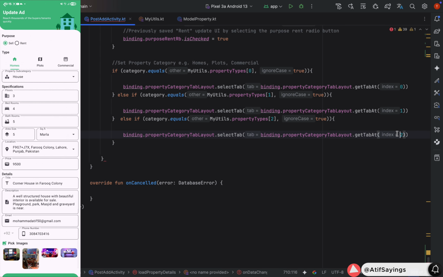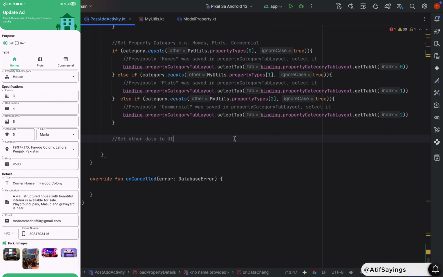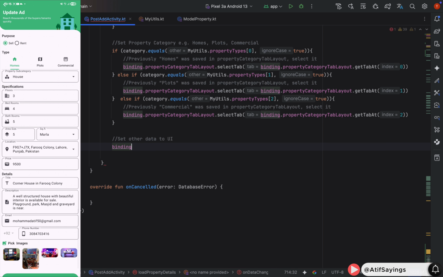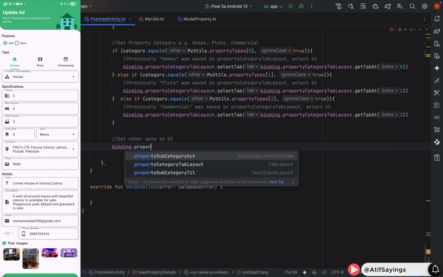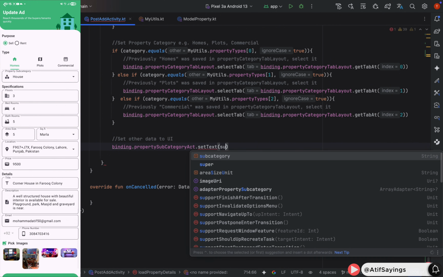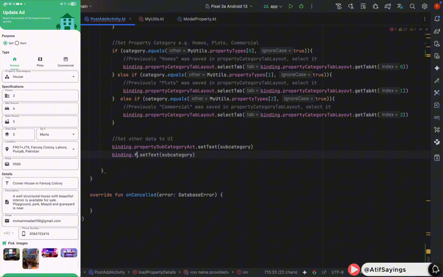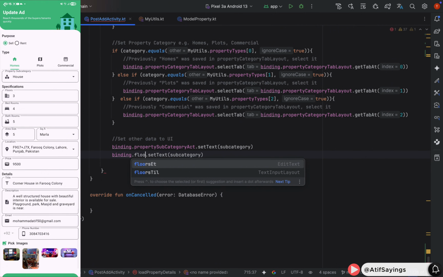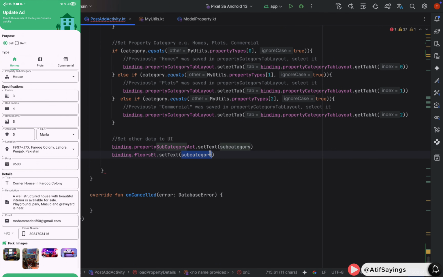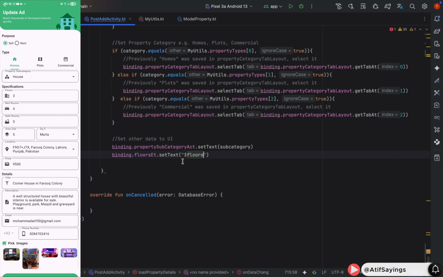In first category, index will be 0. In second category, index will be 1. In third category, index will be 2. So far, we have set the property purpose and property category. Now we will set the property subcategory using binding.propertySubcategoryAutoCompleteTextView.setText, passing the subcategory. Similarly, we will set the number of floors using binding.floorsEditText.setText, passing the